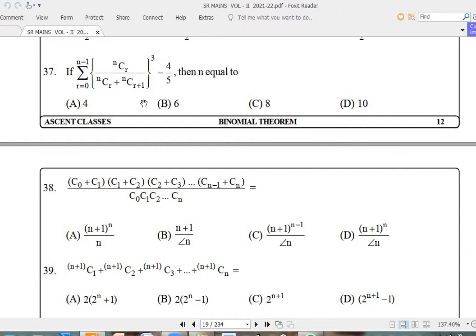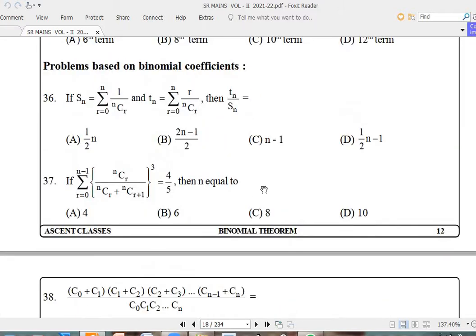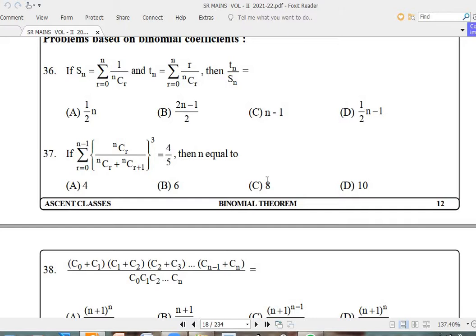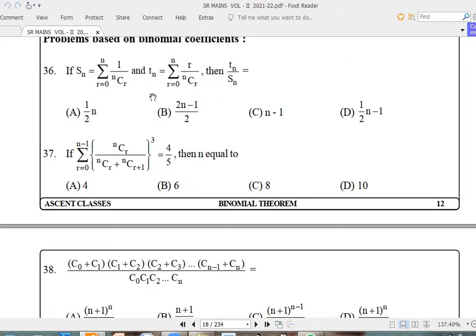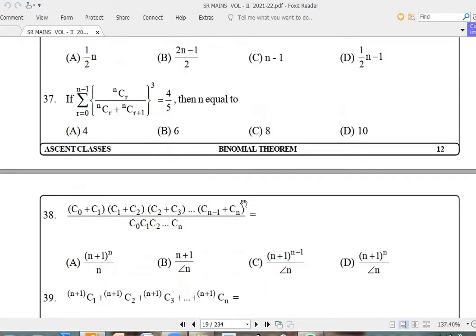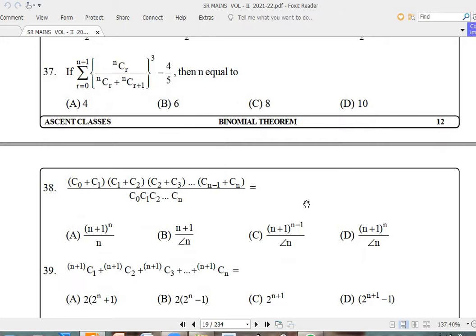Okay. 36, 37, 38 don't need anything about binomial theorem and all. You know about NCR. Actually, I wanted to give these three questions as homework a long time before, when I told you on the first day about NCR itself. Okay, those who completed what is there on the board, you can try 37.